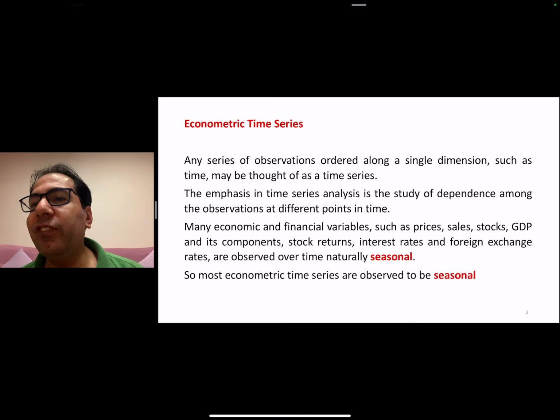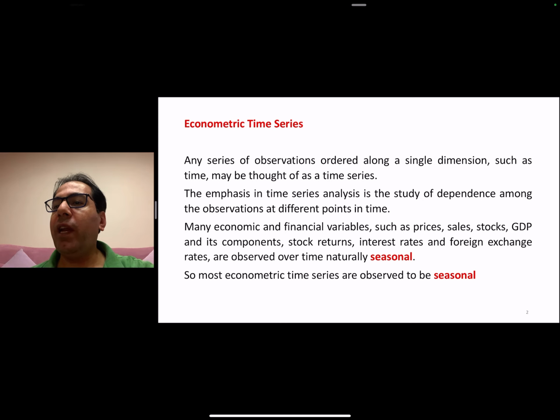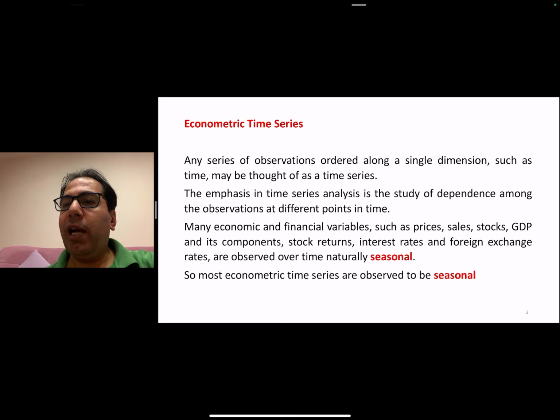The emphasis in time series analysis is the study of dependence among the observations at different points in time. Many economic and financial variables such as prices, sales, stocks, and GDP and its components, stock returns, interest